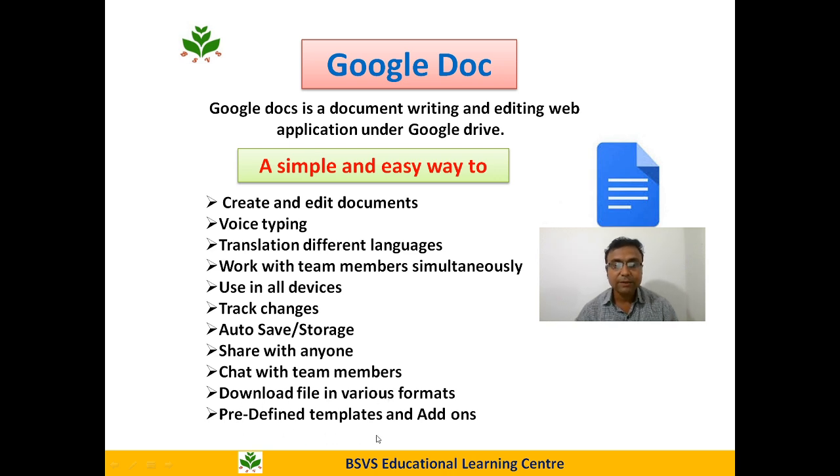Then another is predefined templates and add-ons, like the add-ons present in Google Form, Google Site, or Google Sheet. The same different types or versions of add-ons are available in the G Suite Marketplace. Predefined templates are also available. Suppose you want to make a report, a resume, event notices, or a press note, etc. It can be easily edited or completed.